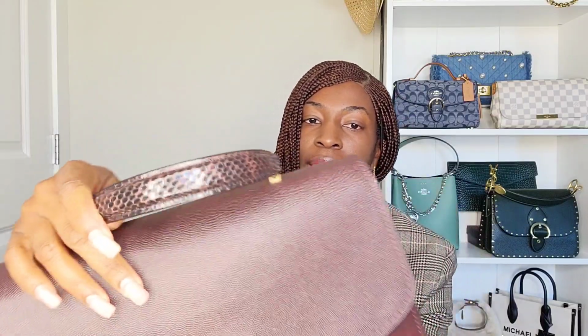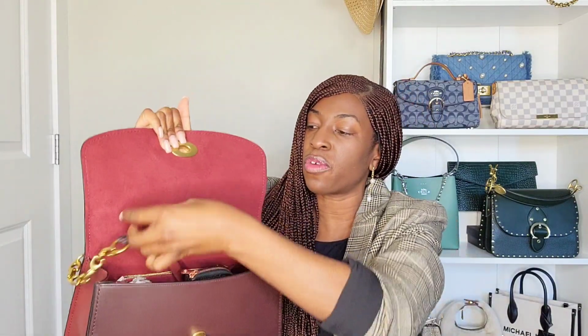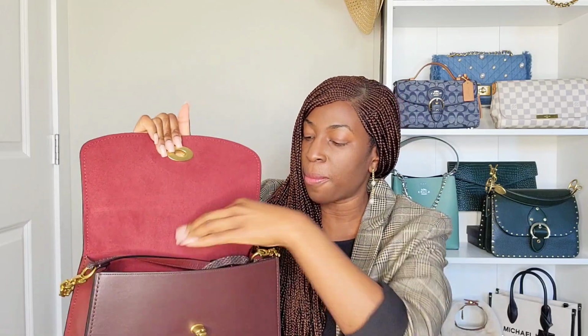This is made of 3 different types of finished leather. So you have your pebbled leather on the top flap, smooth leather on the rest of the bag, pebbled leather again at the back, and then the accents are made of snake embossed leather as well as the hang tag. It's a very pretty bag. The interior is suede lining and it is very spacious. It also of course comes with a crossbody strap and it has that beautiful structured trapezoid shape that I personally